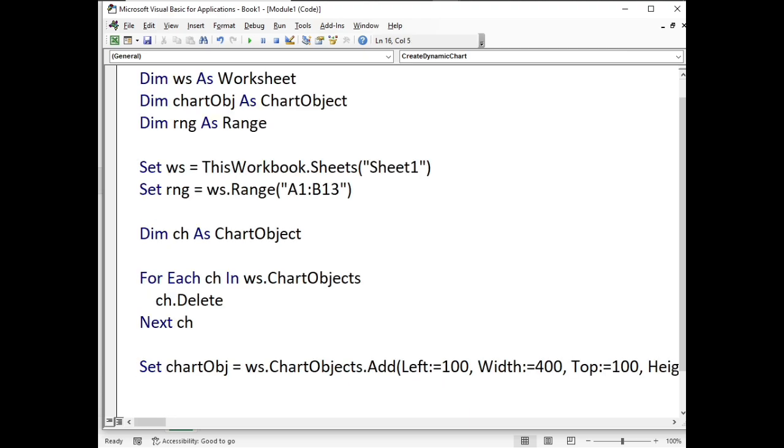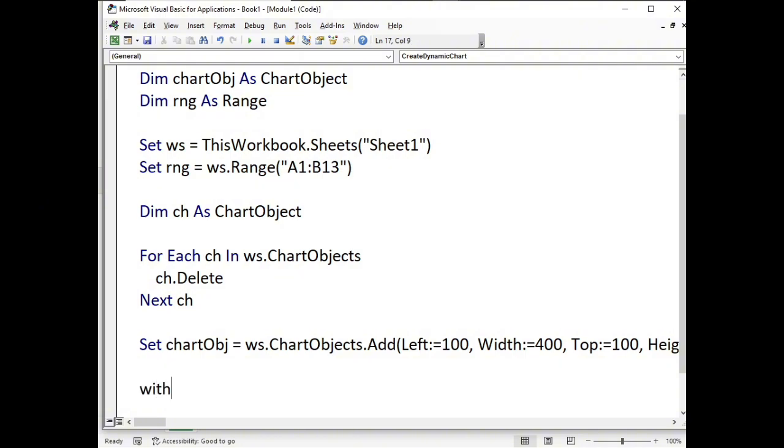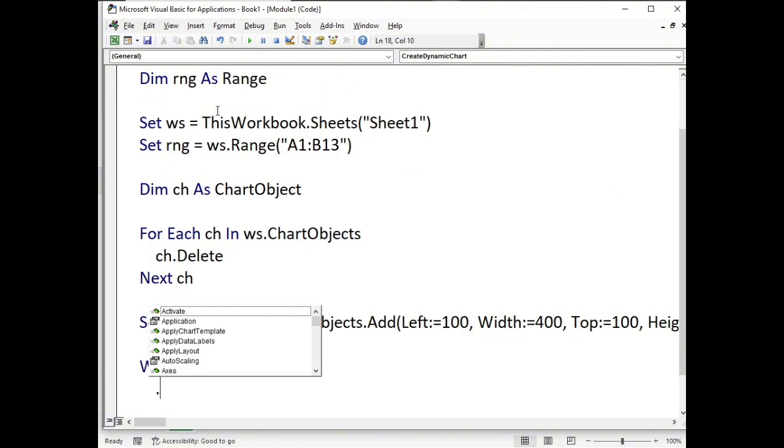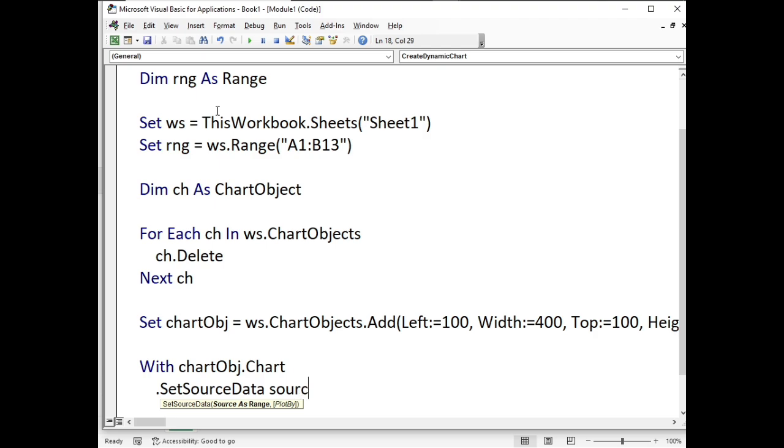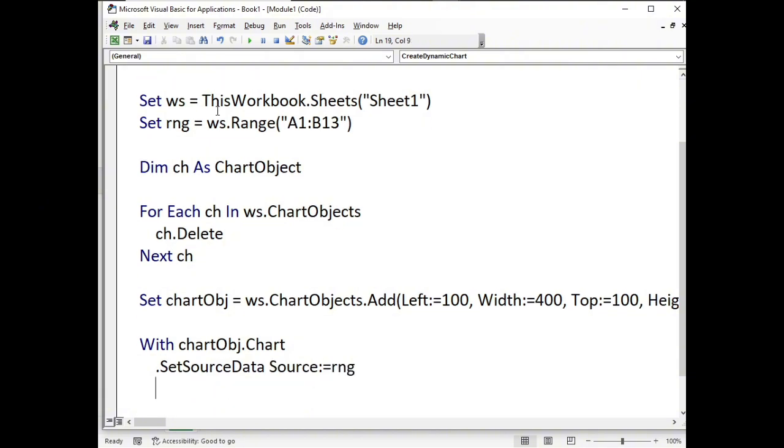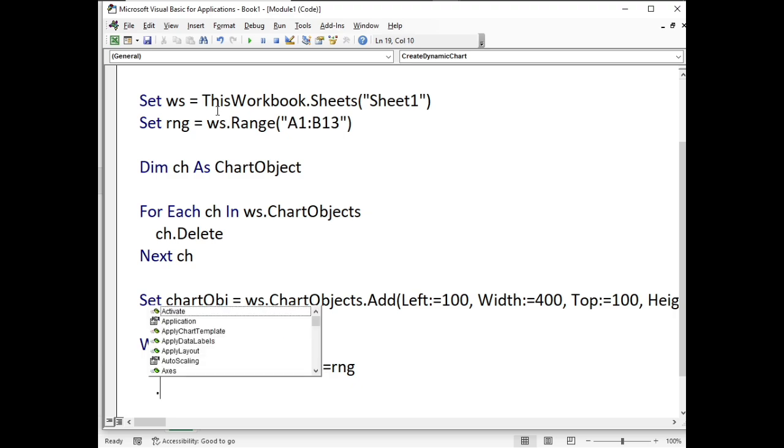And now I'm going to use the With statement: with chart obj dot chart, dot set source data, source colon equals range rng, enter. Then chart type, dot chart type